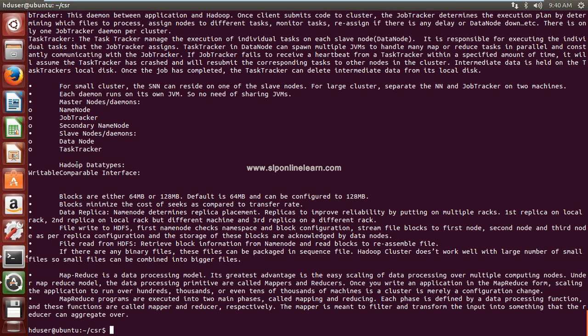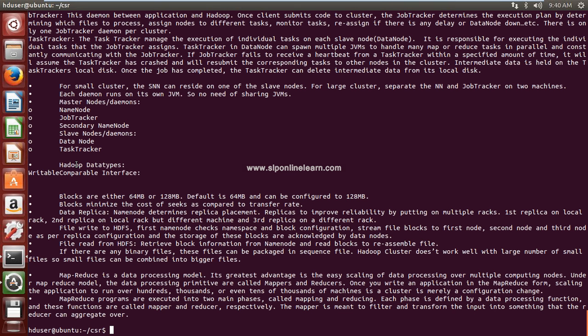Generally in real time, your log files will contain some thousands of lines. When you are analyzing these log files, you need to start analyzing right from the beginning of your log file to the end of the file. If you use the cat command, it just keeps on displaying. If your log file contains lakhs of lines or thousands of lines, only the last few lines you are able to see on the screen. You have to scroll a lot above. So to avoid that, you can use the more command or the less command.